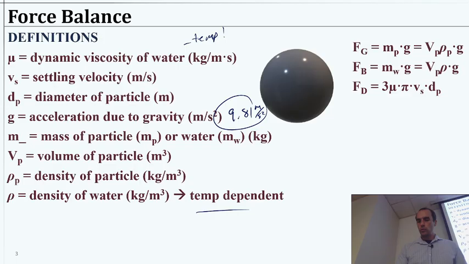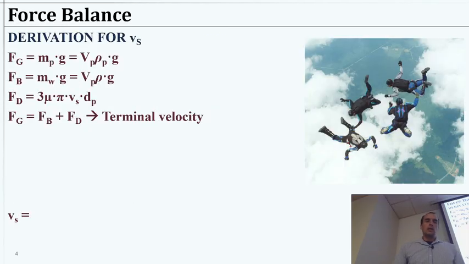Okay, so to put all these together, let's derive it. We said we need the force of gravity equal to the buoyant force plus the force of drag. I'm just going to start solving for Vs. I'll take the force of drag and subtract the buoyant force from both sides. So 3 mu pi times the diameter of the particle times Vs, which is what I want to solve for, is equal to the force of gravity, the mass of a particle,